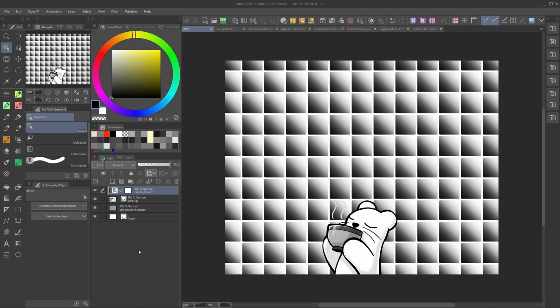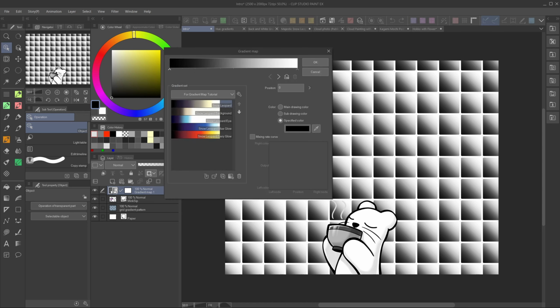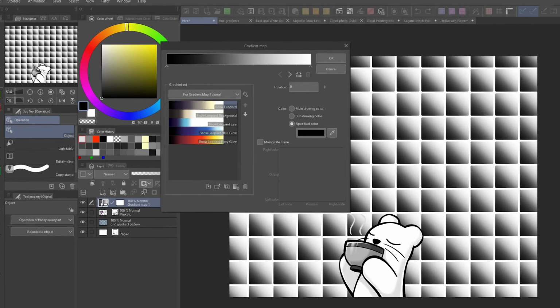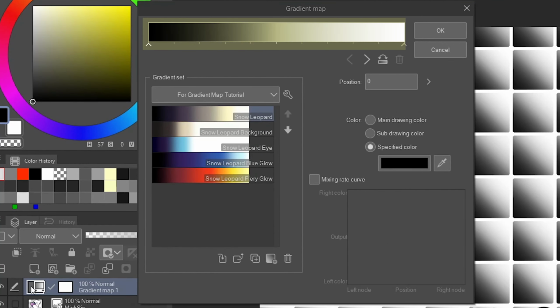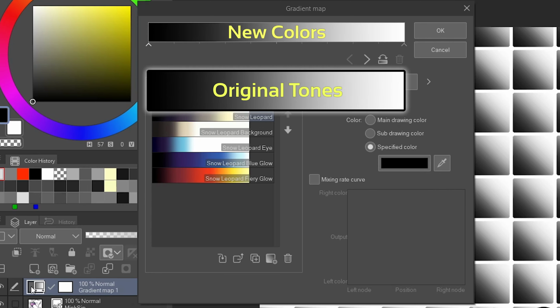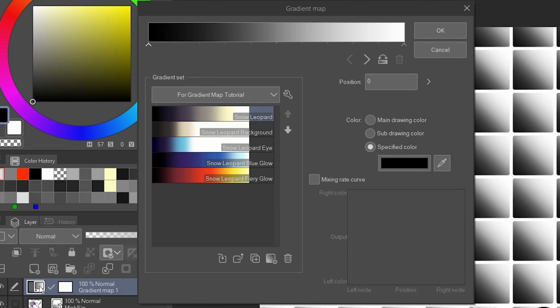Alright, let's finally talk about what those gradient maps actually do. This window might look a bit different if you're not using Clip Studio Paint, but the core features should be there. So you can see this gradient ramp here at the top. By default it goes from black to white, but it can have any sort of color gradients. What it does is, it replaces all the dark colors on the left and bright colors on the right with that new color gradient. On this gradient ramp you can click on these nodes and change the color by clicking